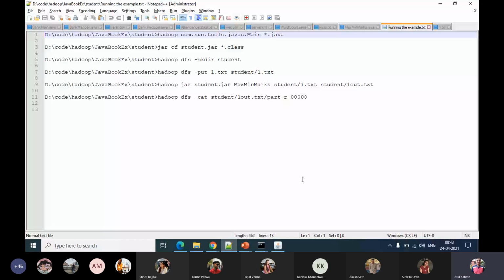Okay, so try this, and meanwhile, of course, if you are not clear about something or facing any errors which you can't solve, get back to me. Any questions before you start? Ideally, what I would suggest is create a separate directory inside your Java book example or whatever folder, because otherwise the files will just get mixed up.